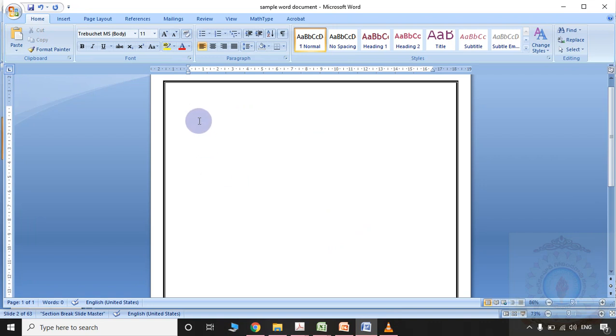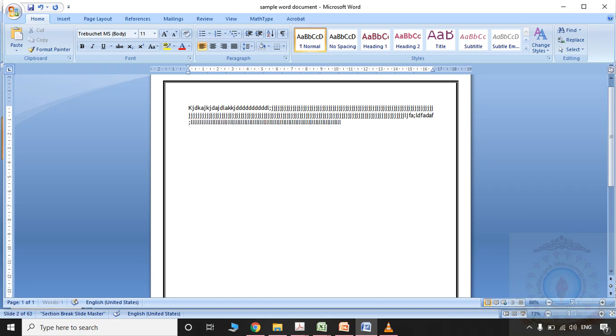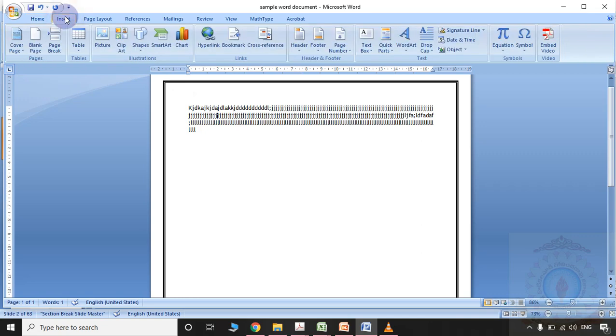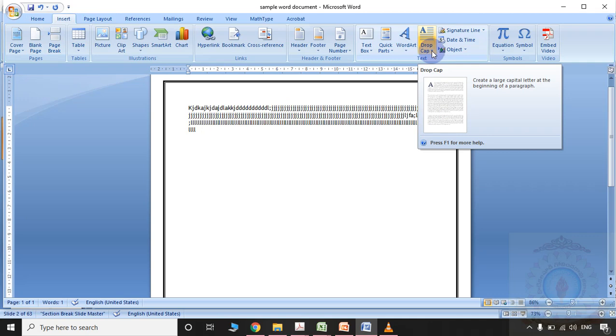Whenever you are considering an MS Word document, you will type some information like this. Generally, whenever you are preparing the e-notes, by using this particular Insert tab, go to the Drop Cap option.